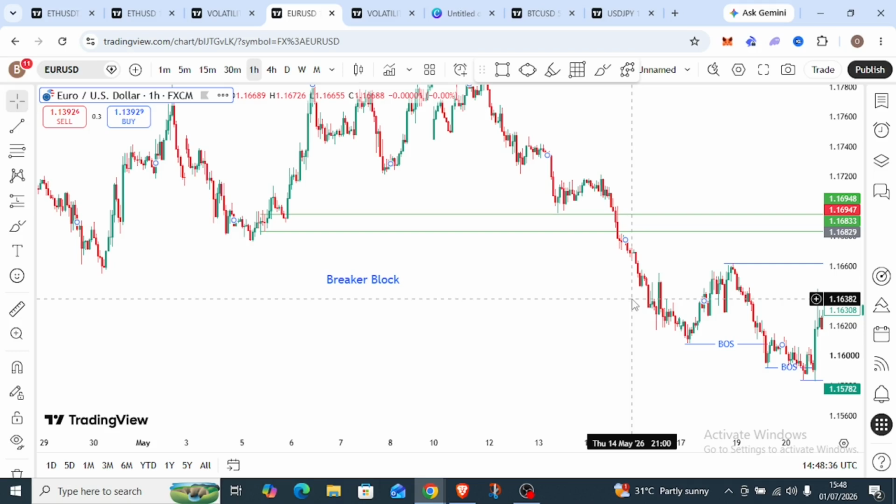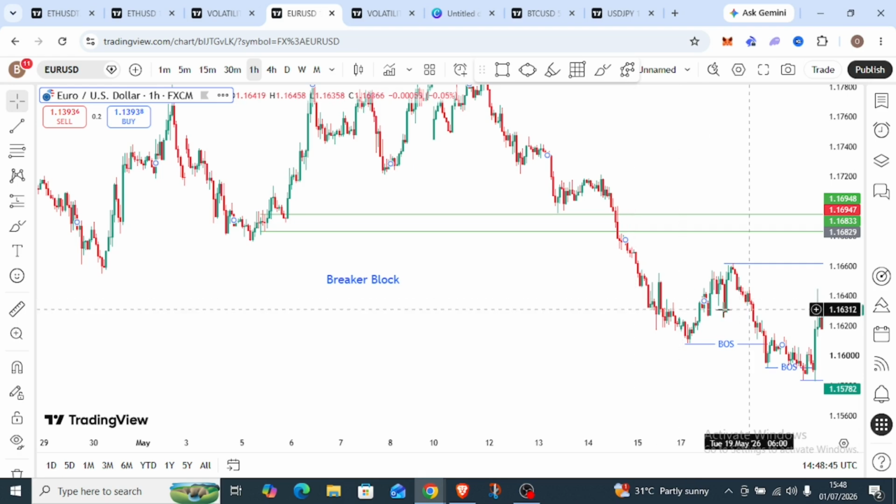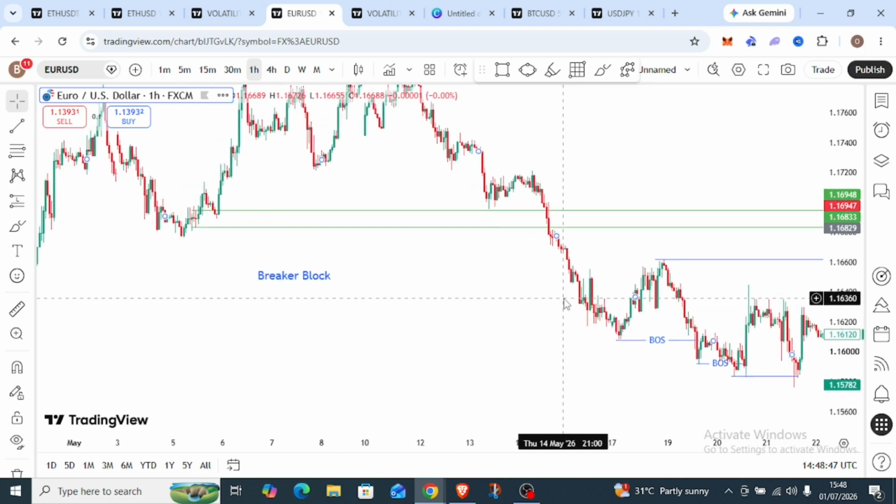Breaker block is a failed order block that can be used as a support or resistance zone. Many traders find it difficult to identify the correct breaker block. Take note of this. Every breaker block is a failed order block, but every failed order block is not a